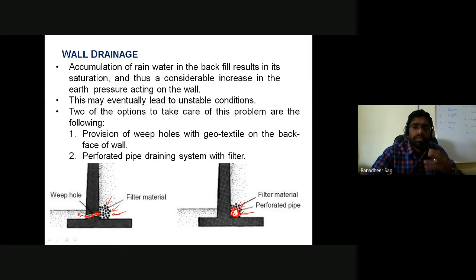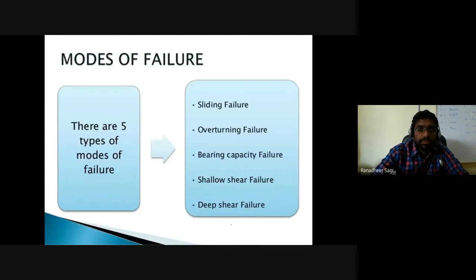Okay. So that's how you can think of providing a proper wall drainage system, so that the effect of excess pore water pressures does not cause a decrease in the shear strength of the soil being retained on the higher elevated side, and which would not cause instability in the retaining wall you are trying to design there. And what are the different modes of failure that we are going to come across in the case of a retaining structure?